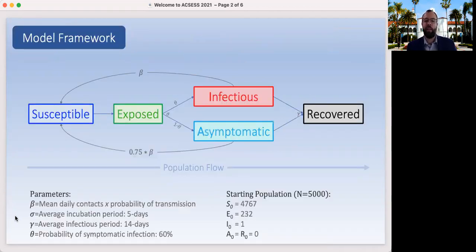So virus transmission is simulated using this compartmental model. The size of our simulated student population is 5,000, and the way this model works is that students are placed into one of these mutually exclusive compartments. Transitions between compartments are based on contacts and biological parameters related to the virus. During simulations, students that travel during a break actually leave this model and enter a similar model. The main difference is that in the traveling student population, the number of infections is predetermined based on several factors, which we'll discuss shortly. After a break is over, traveling students are added back to this model and the simulation continues to run.